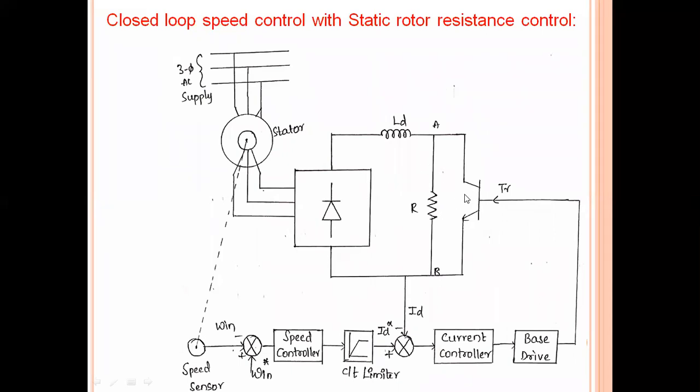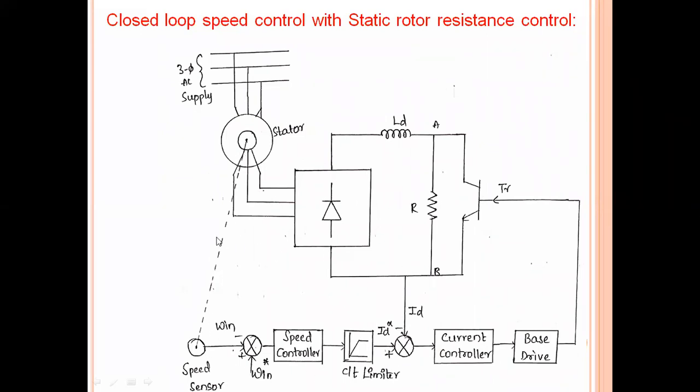Okay. And this switch is controlled by the gate pulses. So with the help of closed loop operation, we need to get these gate pulses from the closed loop circuit diagram. For this closed loop circuit diagram, an outer speed loop is taken along with the inner current loop. You can see this is the inner current loop for controlling the current, and this is the outer speed loop,